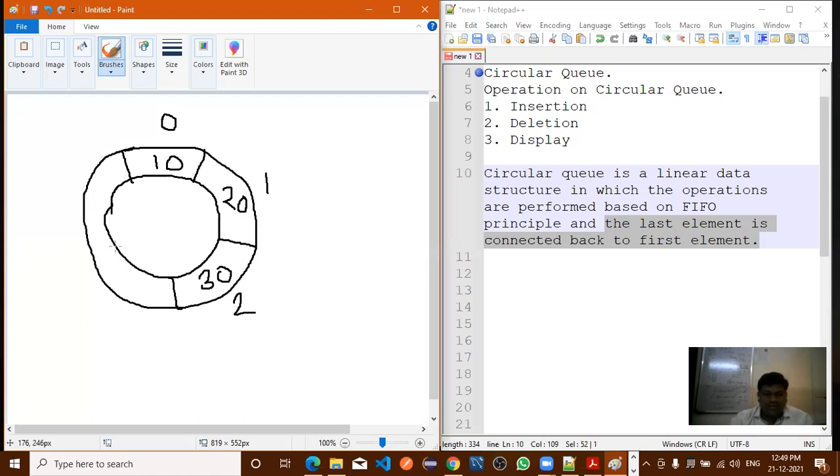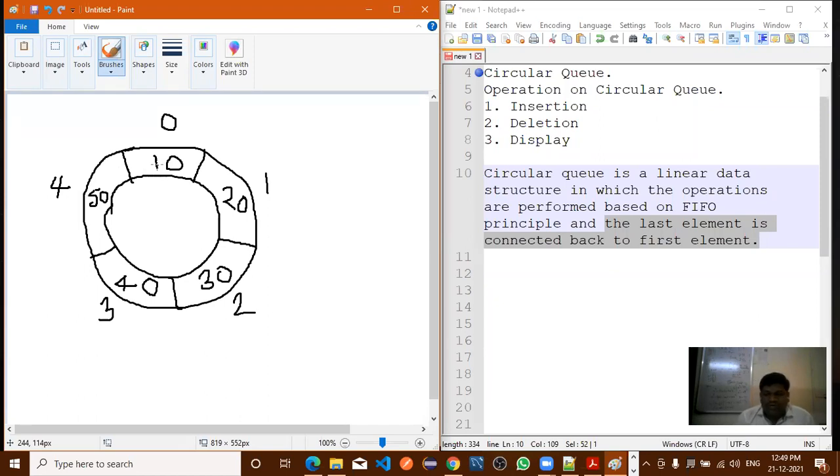Now after that the fourth element is 40 at index 3, and the fifth element 50 at index 4. Now after the fourth, who is the next? After this fifth element, this fifth element is connected with the first element in a circular queue.